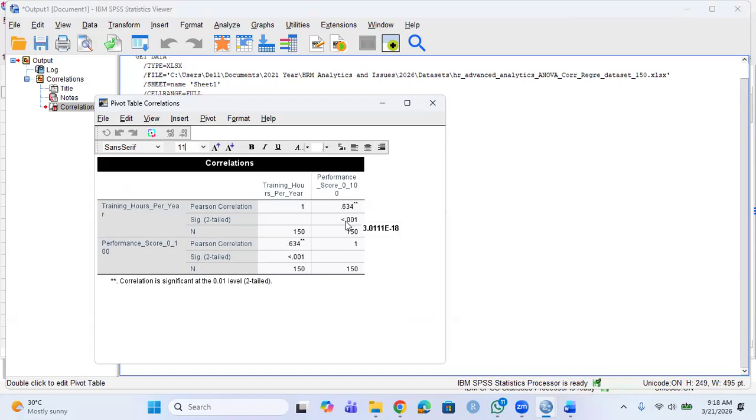Can you see that another number is popping up, which is 3.0111 e to the power minus 18? So you can see that. Yes, sir. When you convert this to a normal number, it means you are going to move to the left side 18 times, which means